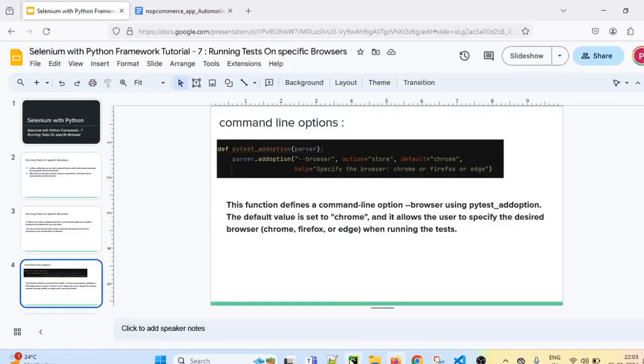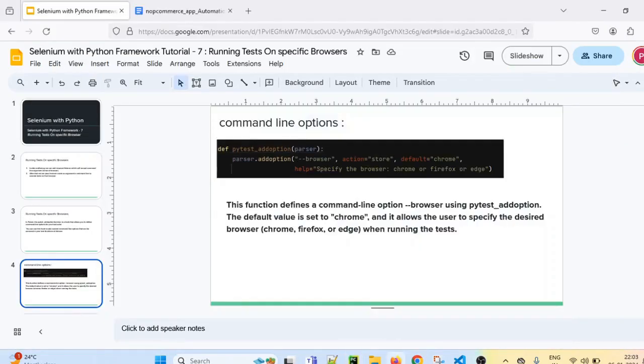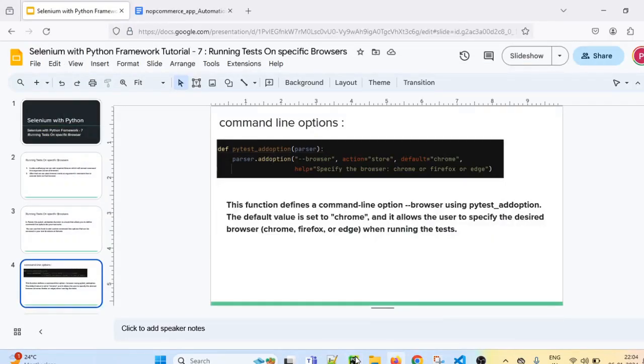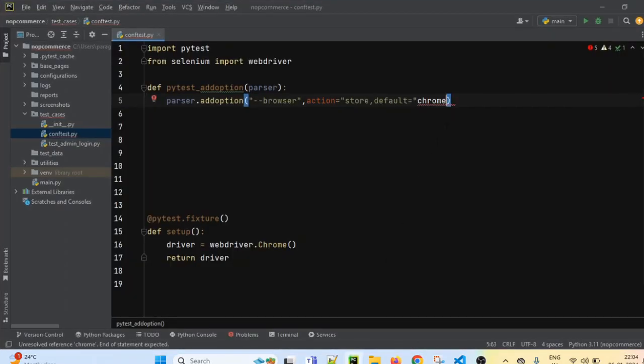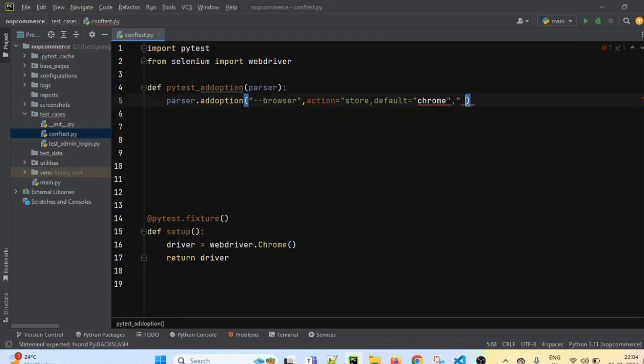Then you have to add action equals to store, comma, after that we have to add default value as Chrome, after that we have to add the help section, or we can say help text, which will help the user know exactly what value needs to be entered. So I will just add that part as well.